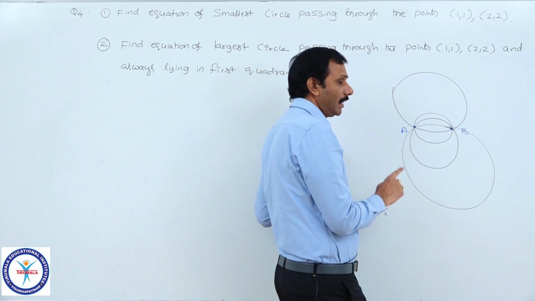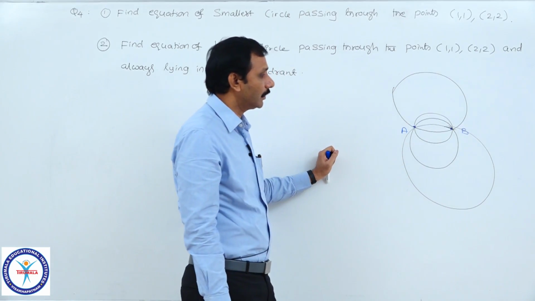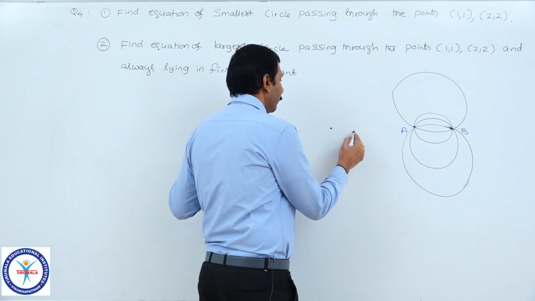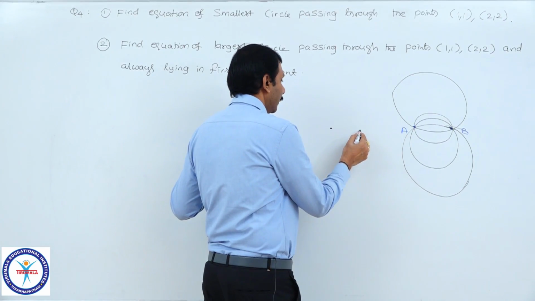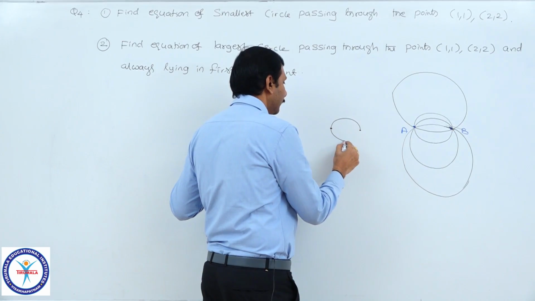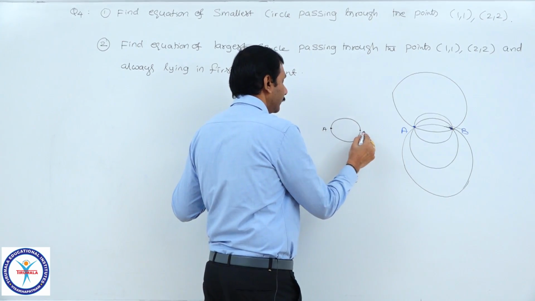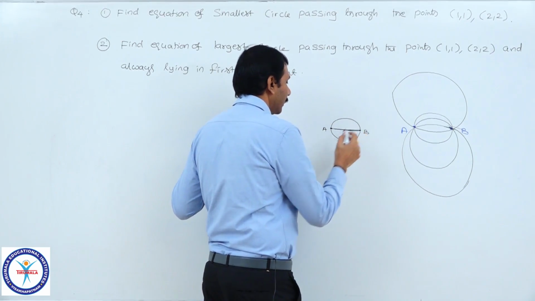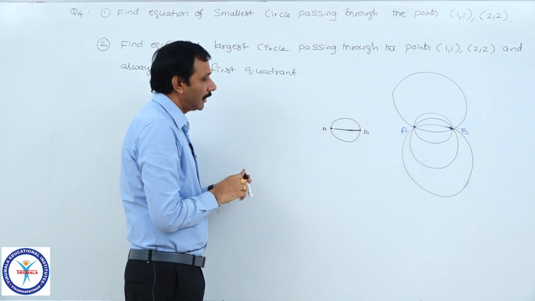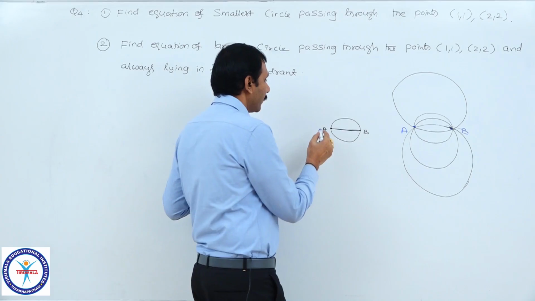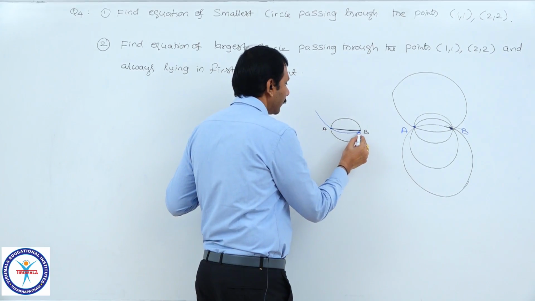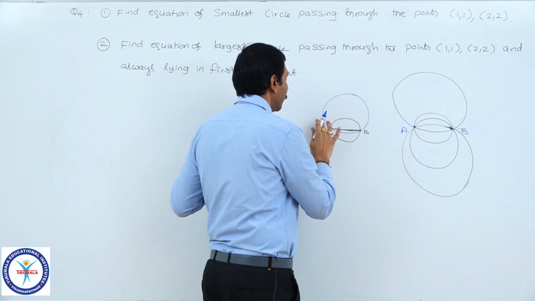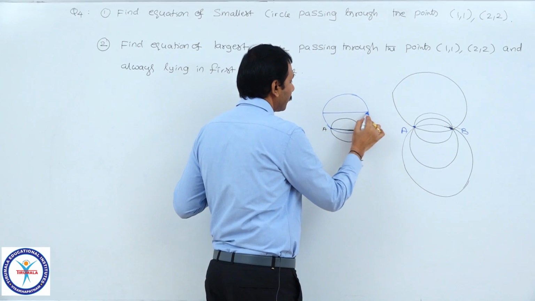Smallest circle means a circle having the least radius and also passing through those 2 points. You see here, if you take any 2 points, you can write a circle with these 2 as ends of diameter. That is the diameter. Other than this circle, if you take any other circle, suppose if I take this as a circle, yes, we can say definitely this diameter is more than that of this diameter.